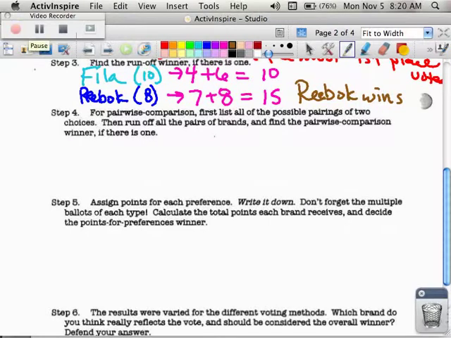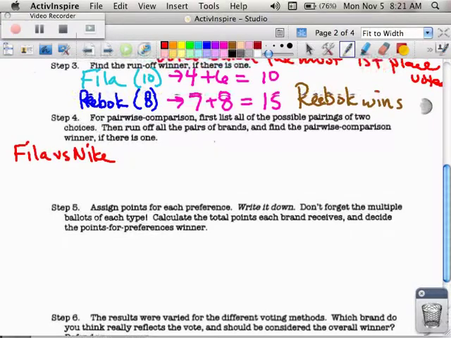In the pairwise is where you match up each group and you see who wins out of the 2, and whoever has the most wins is the champ. So let's look at, first of all, Fila versus Nike. Who wins out of Fila versus Nike? So I go back up here,